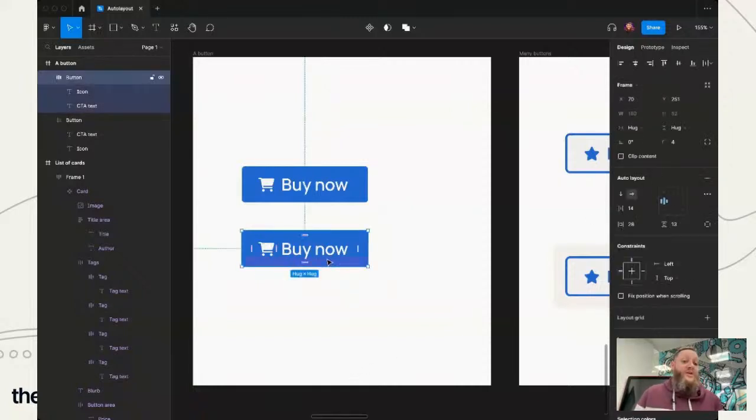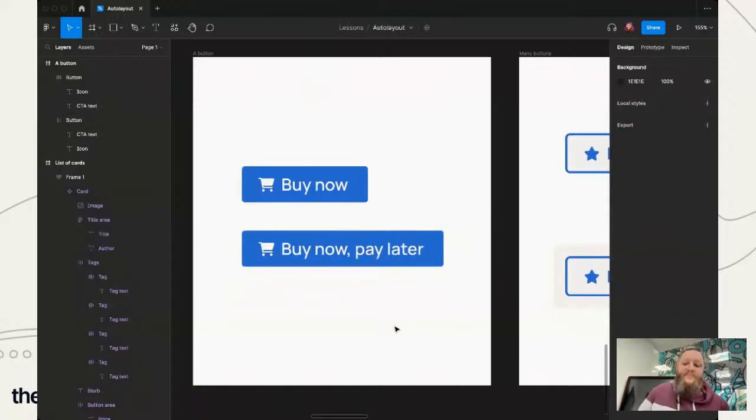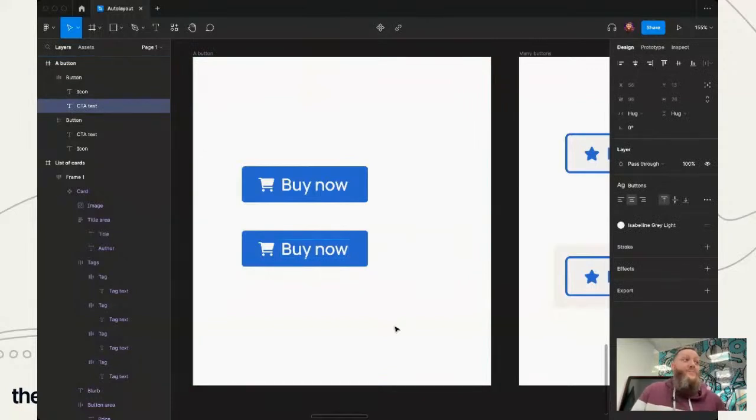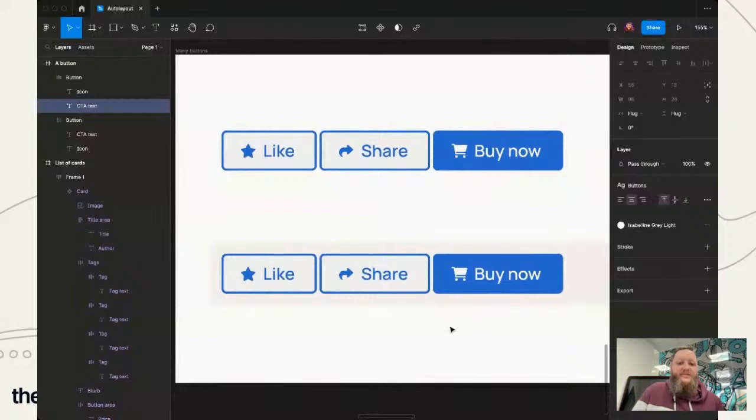So in clicking auto layout, I've created a button that is immediately responsive, which means I don't need to do anything else at all. It's actually worked it out for me automatically. So it can be as easy as that. Let's head along to the next